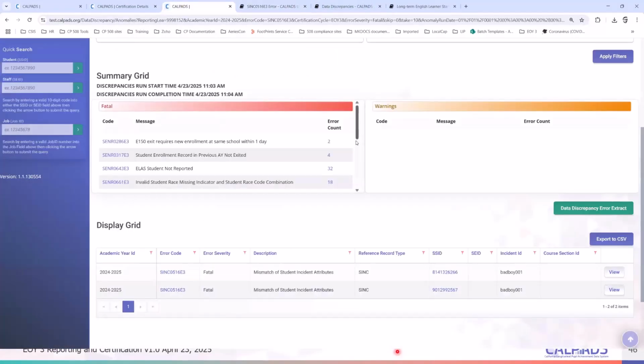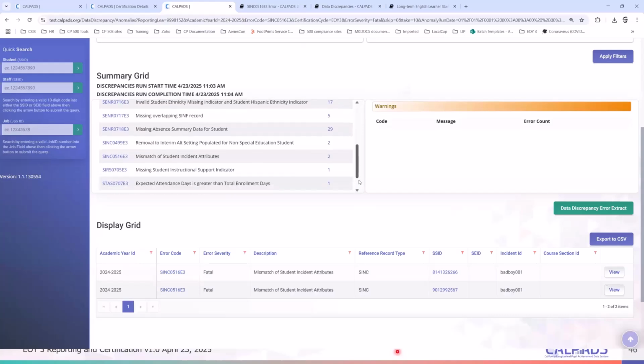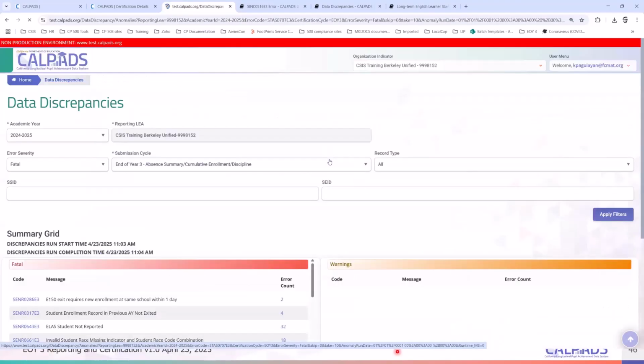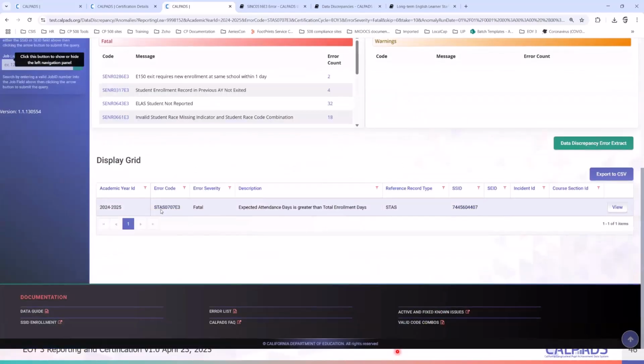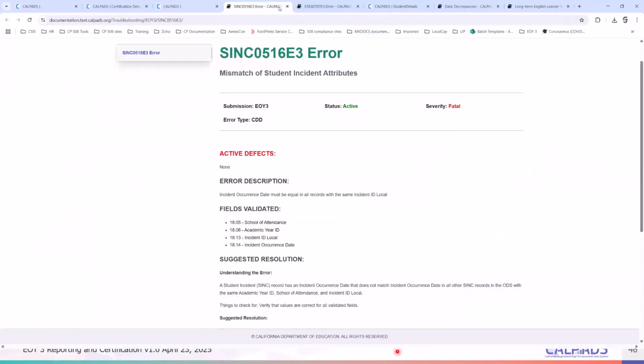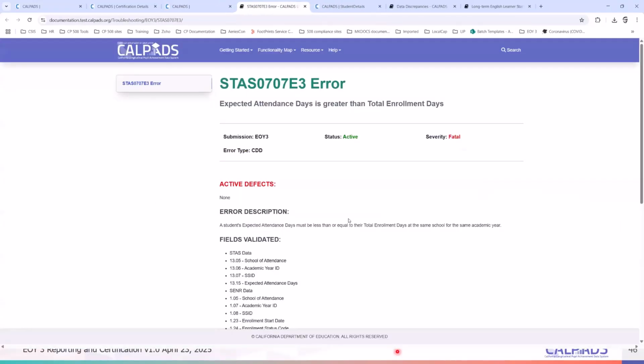And then we have another one here: expected attendance days greater than total enrollment days. So let's click on that. We have here STAS 0707E3. So what does this error say? The expected attendance days is greater than total enrollment days.